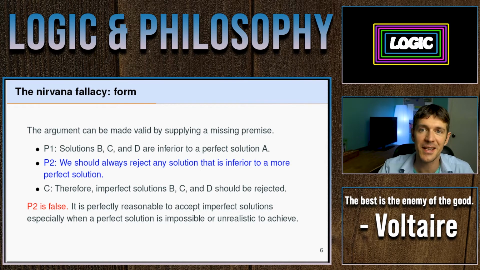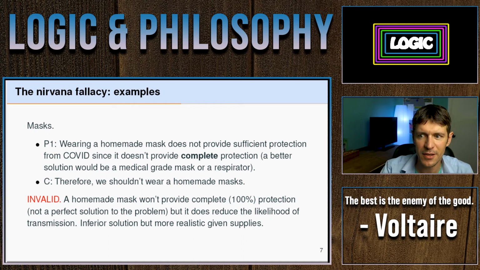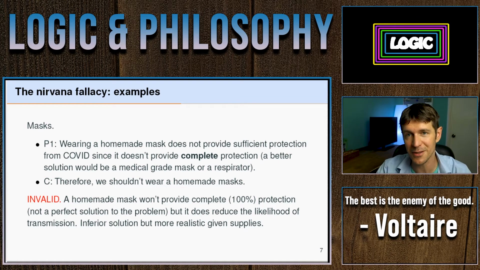So to get clear about this idea, it's helpful to look through some examples. So let's turn to the examples next. Let's start with masks. So let's say we have this problem of people getting sick by the transmission of a particular type of virus, and we have an inferior solution to this problem. So the first premise reads, wearing a homemade mask does not provide sufficient protection from a particular virus since it doesn't provide complete protection. So it's an imperfect solution. It doesn't keep you immune from receiving or transmitting a particular virus. And there are better solutions out there. Having a medical grade mask or a respirator or putting yourself in a complete bubble, those would be better solutions to this particular problem because they would eliminate any chance of